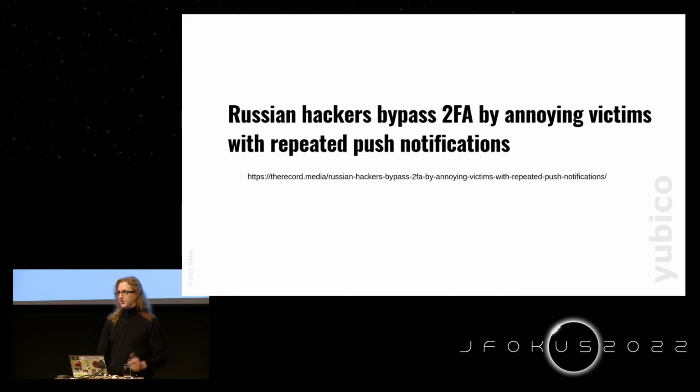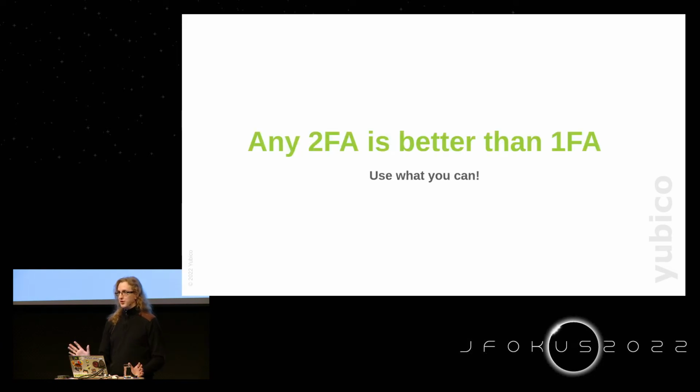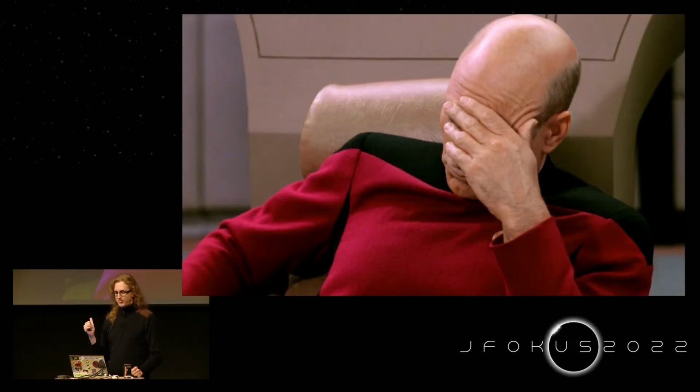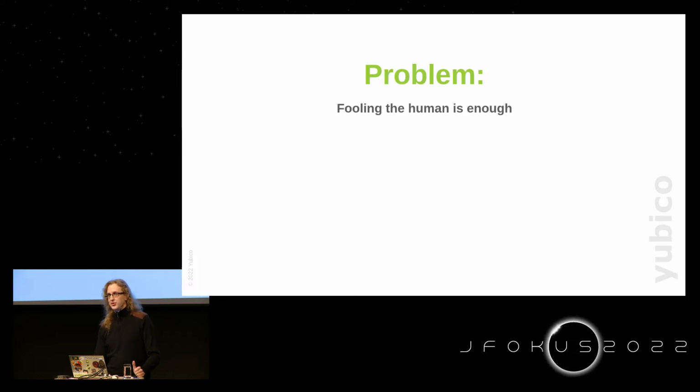So all this is not to say that you shouldn't use 2FA, because any 2FA is better than 1FA. So do use what you can and do support what you can, but all of these other methods of 2FA other than WebAuthn have the same underlying problem, that they don't really solve the problem. And the problem is that fooling the human is enough to break security. If you can fool the human, then you have broken security, and you have their account and you can do